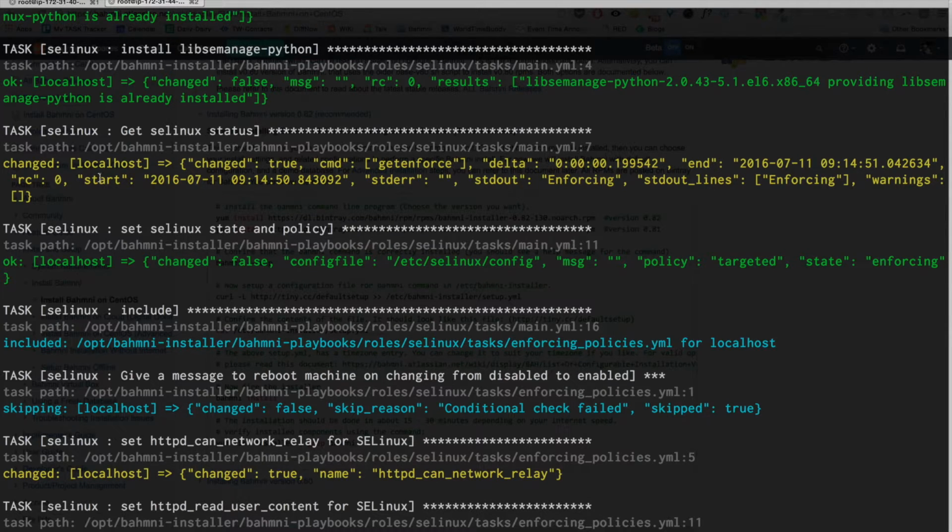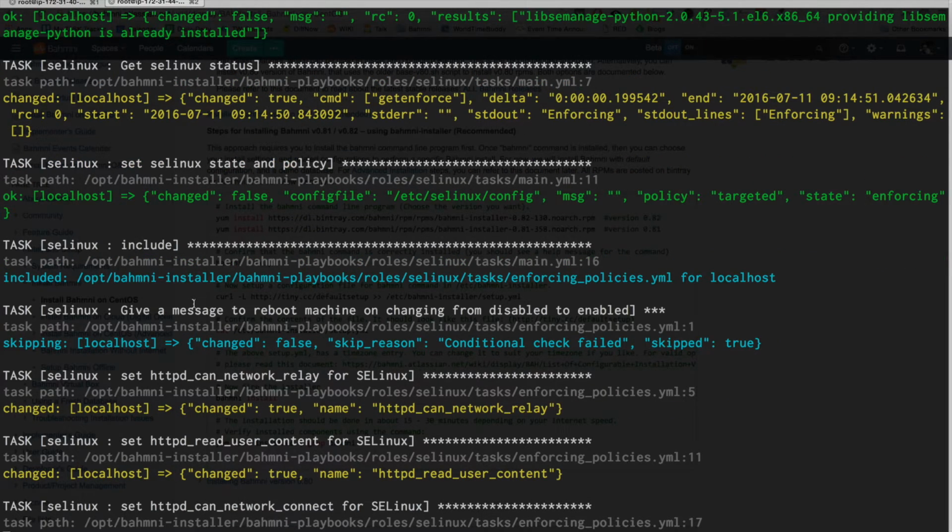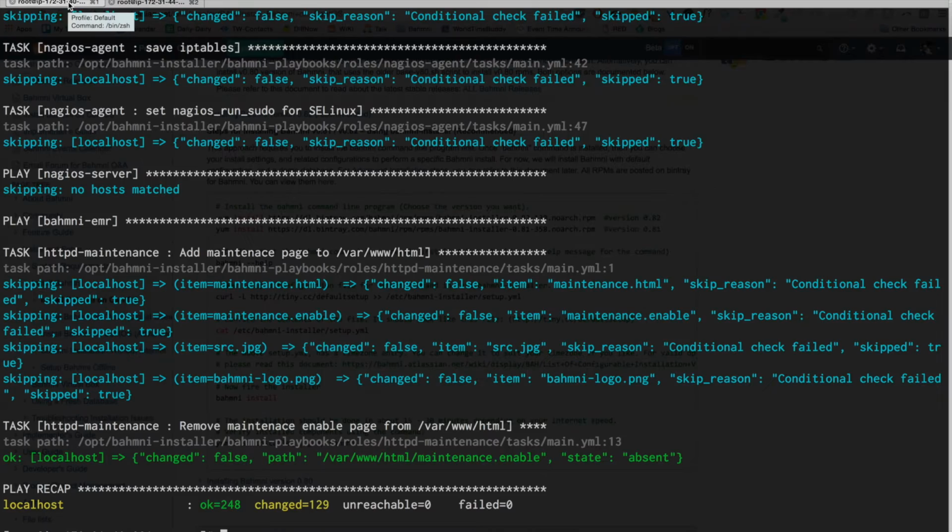So it will now start executing, like I said, Ansible playbooks to get your machine set up. This whole process could take about 15 to 30 minutes, depending on the speed of your internet connection, because it's downloading certain packages and installing them on your CentOS machine. I will let this run, and in the interest of time on the video, let's shift over to another machine that I've set up where this task has just finished. So I'll shift over to this machine.